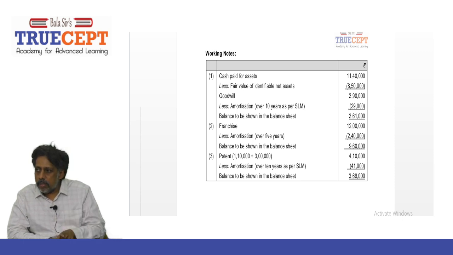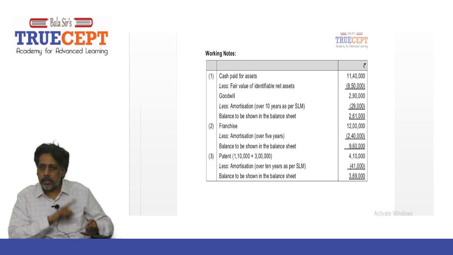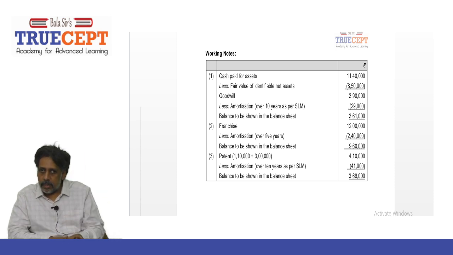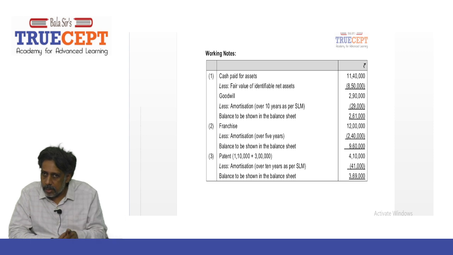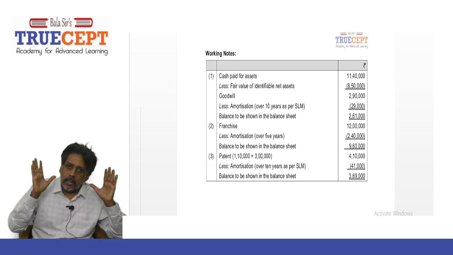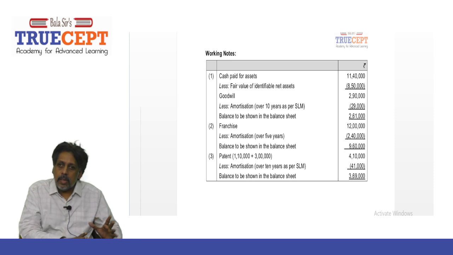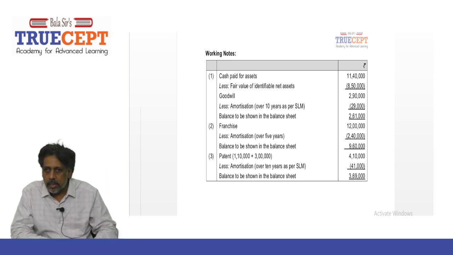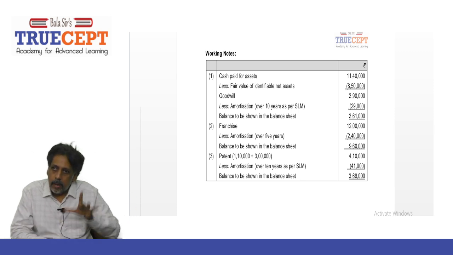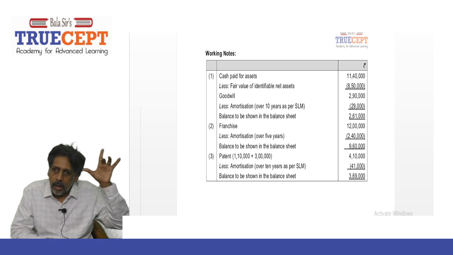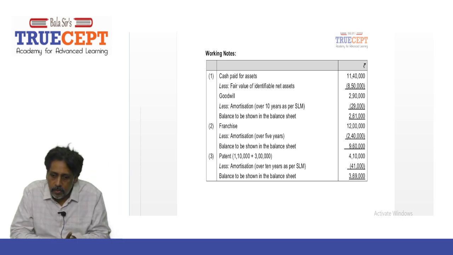And you all know this from the chapter Accounting Standard 14, Accounting for Amalgamations. Any doubts, please refer to para 37 of AS 14. It says very clearly that where the consideration paid is greater than the net assets acquired, the excess will be treated as goodwill. Is that fine? Yes, sir.